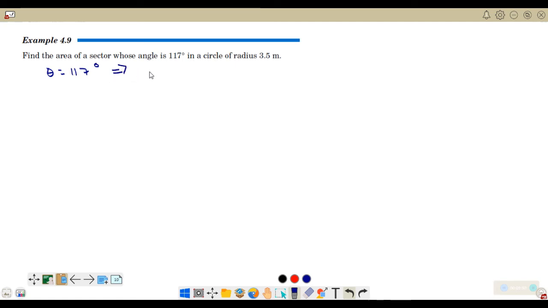Or in radians, it is 117 degrees times pi over 180. We have 117 pi over 180 radians, which is equal to